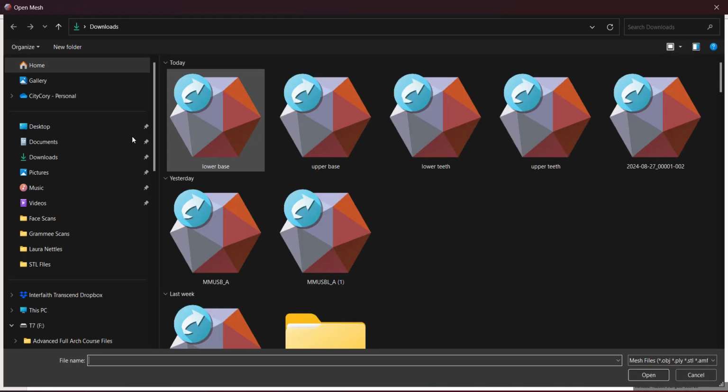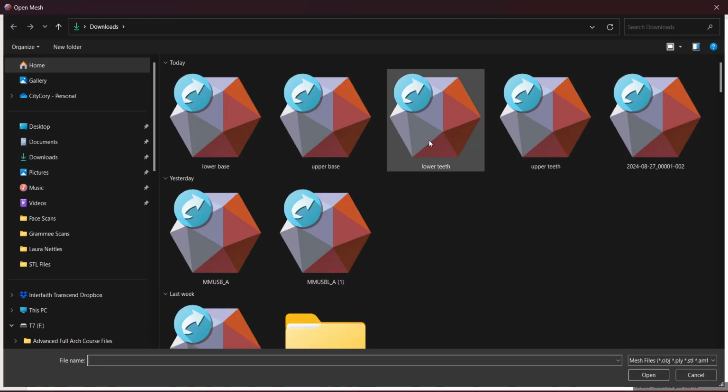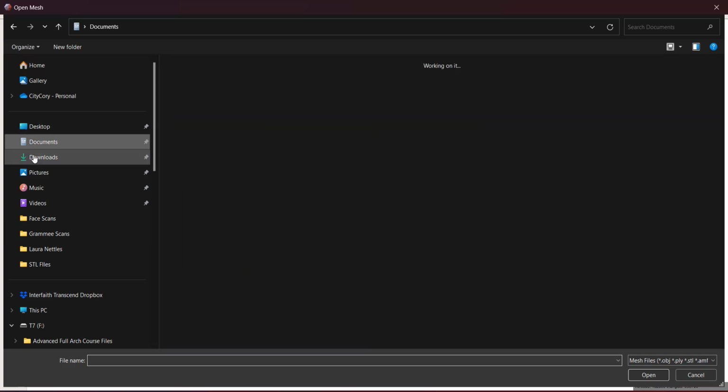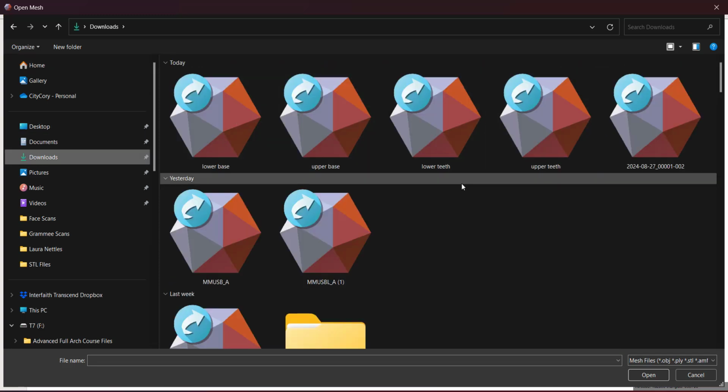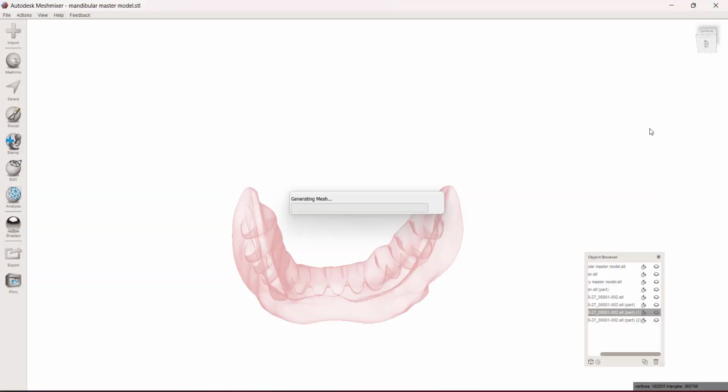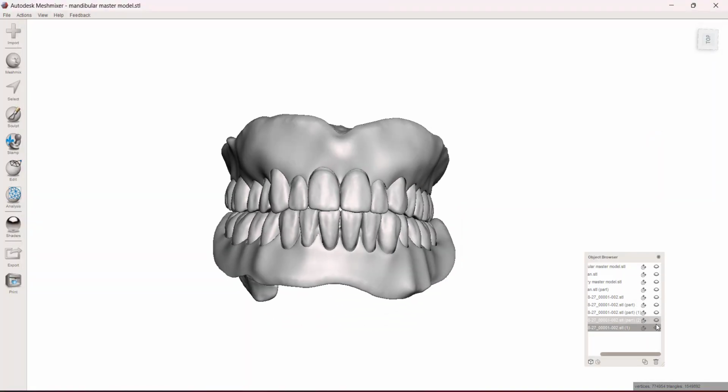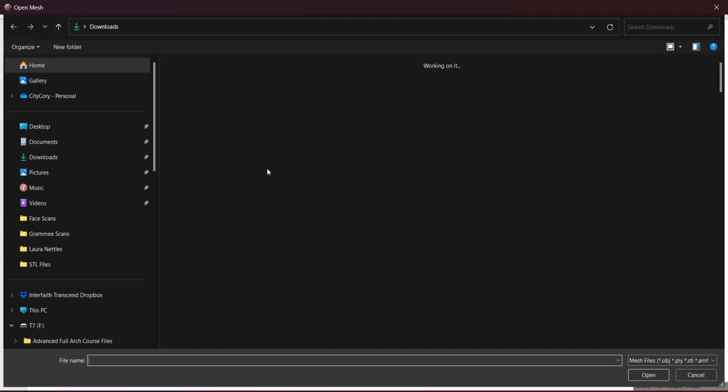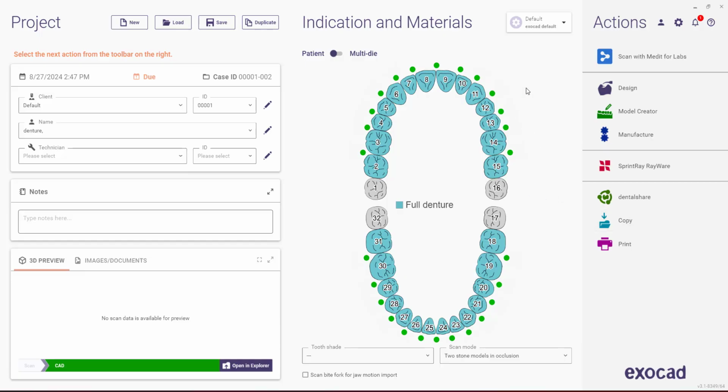All right, and let me pull in what I just exported. Upper monolithic, I guess it's still exporting. No, it's right here. Actually, no, that's not it. And go figure, it crashed itself out. So